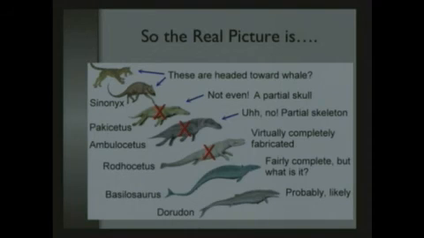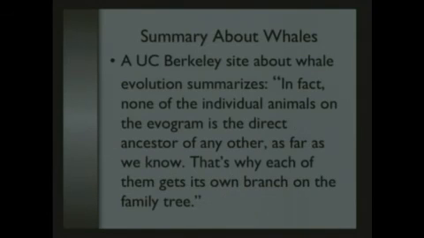Okay, finally, Basilosaurus, fairly complete. What relation does it have to the whale lineage? And then finally, Durodon, probably, likely, blah, blah, blah, and then the admissions that, well, we don't have the foggiest clue. That's the fact of the matter. And a UC Berkeley summary on this very point diagrams the whale lineage, but places them all as Indian